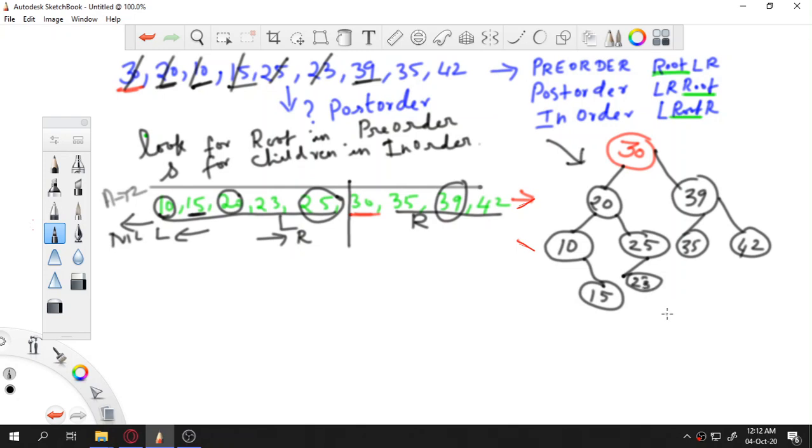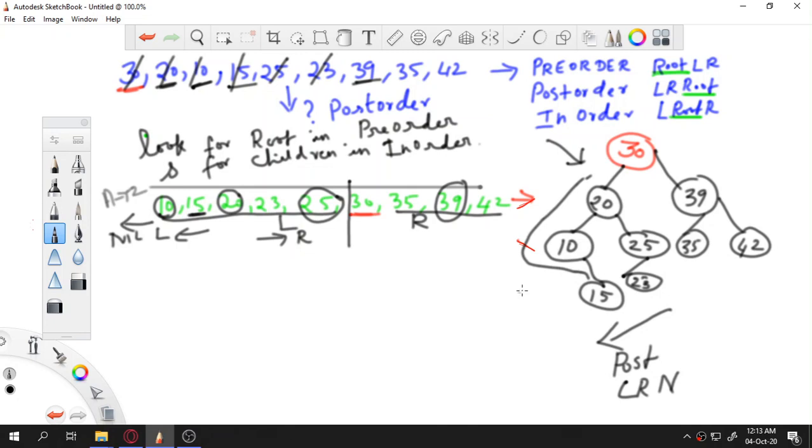Now from this I have to find the post order. So how to find the post order? Always you have to start from the root, go down the left, and there is no more left, and then you have to go to the right and then the root. So the format is left, right, and then the node, which is the root node. So how to make the traversal? Start from here, 30, that is the root, go down, this is also a root, then come down, this is also a root, and then you have to go to the right.